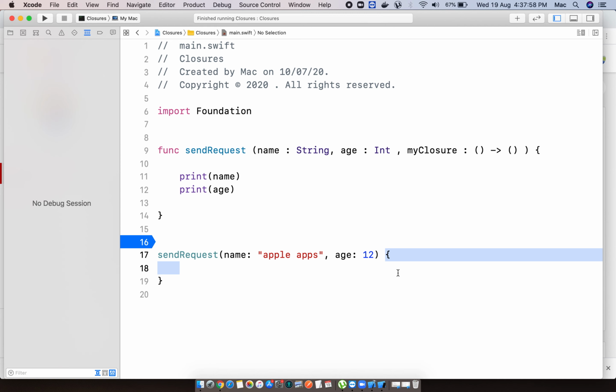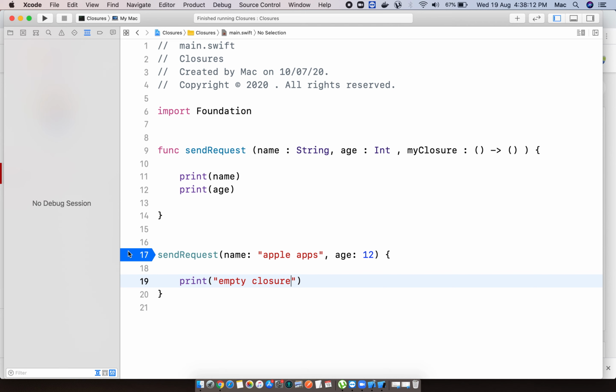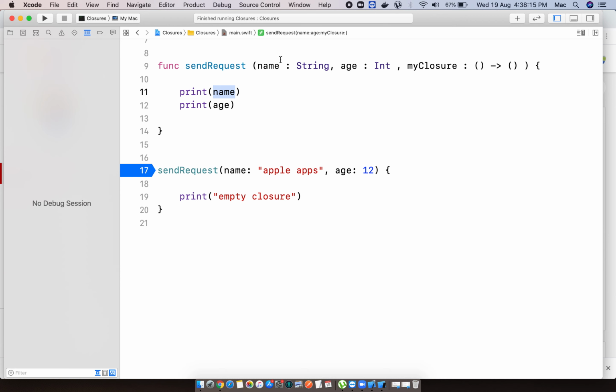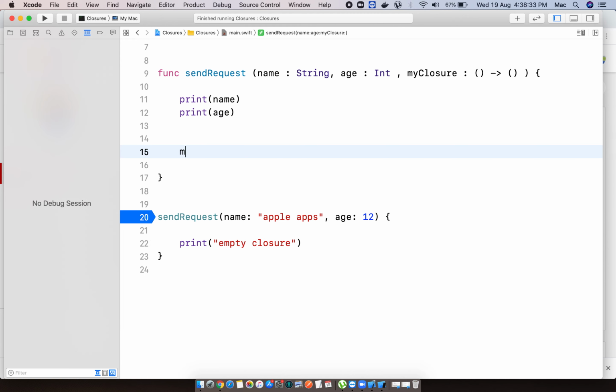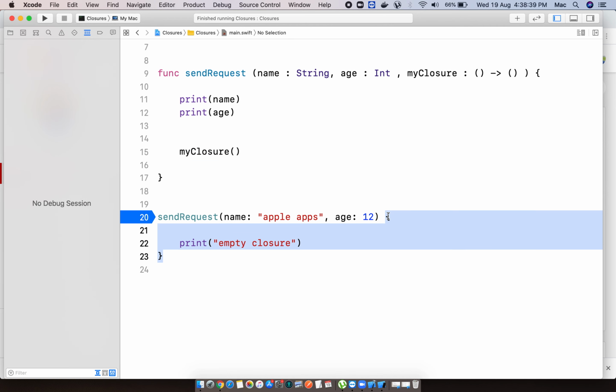Why do we need to pass the closure? Because we declared a closure as a parameter, of empty type. So inside that you can keep some print statements. One more thing, everything is ready. We have the function with a first argument, second argument, third and final argument. This closure is the third and final argument, and I passed the data and the closure also. Everything is fine, but this closure will not be executed until we use the closure here. Then only this block of closure will be executed.